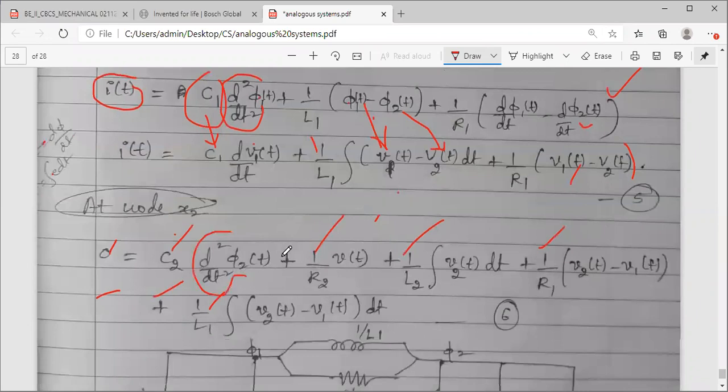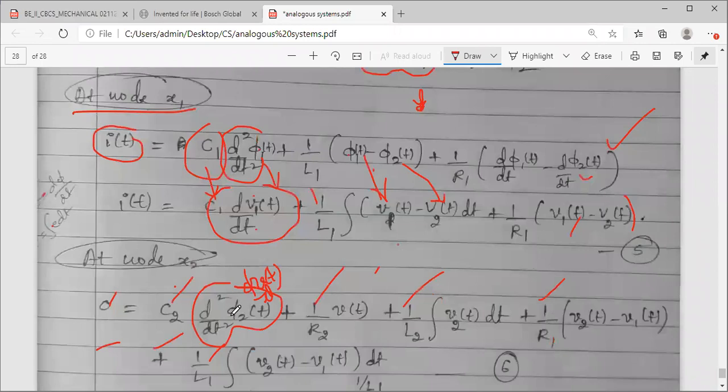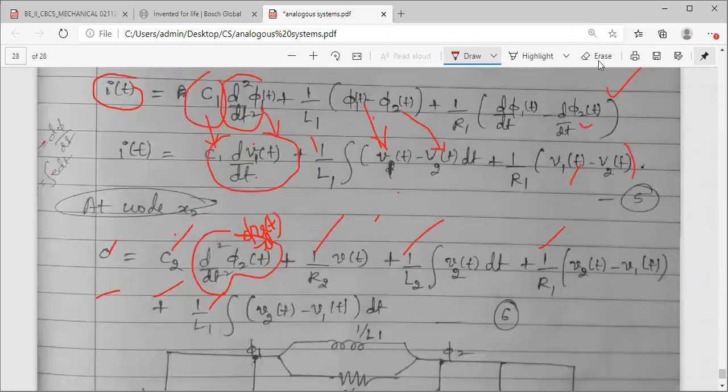And how can d phi by dt square, double differentiation, be written? It is d phi by dt, d by dt of v of t. I did not solve this, I guess. You have to write this as d by dt of v of t. Okay, in the next step, just like how we have solved here, see, d by dt double differentiation I have converted to single. Here also you do the same thing. I forgot to do that here. So 5 terms. Once you get these equivalent equations,